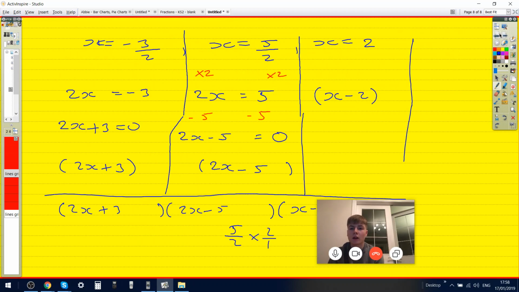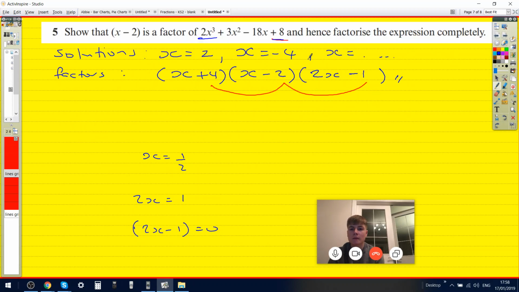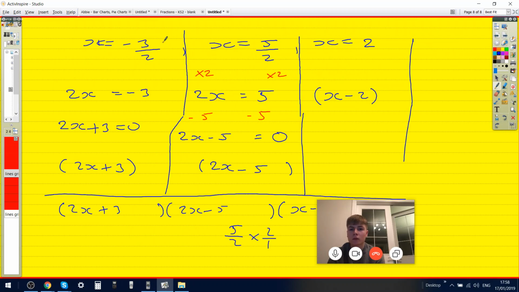Yeah. The best possible way of going about it is if you were to put this into your calculator, and your calculator just solves it for you. It would just give us x equals 2, x equals -4, and x equals a half, and you would just work backwards and get the 3 brackets from that. And so we did that with this one, the hardest one, where you just work backwards to make it equal to 0, and then that must be the